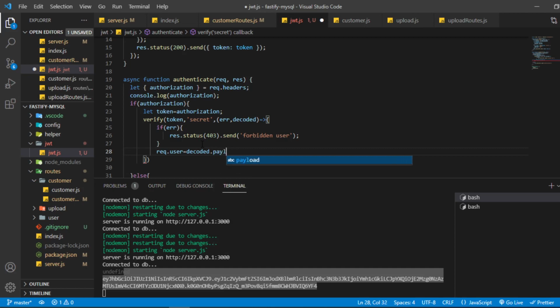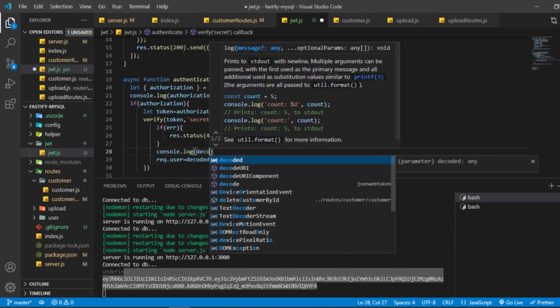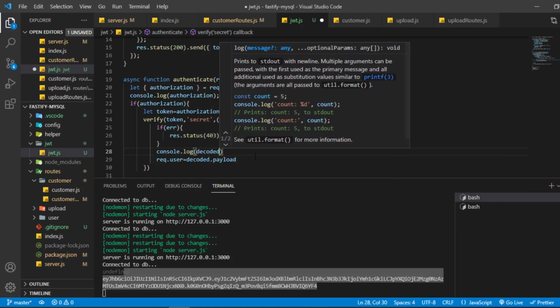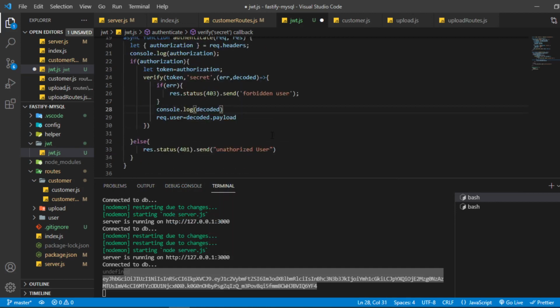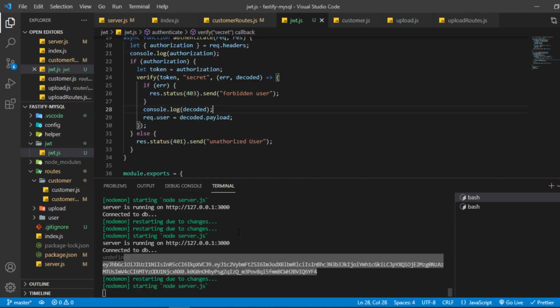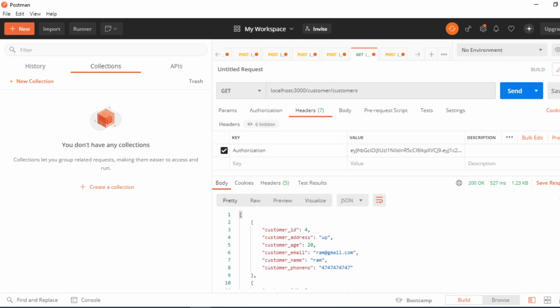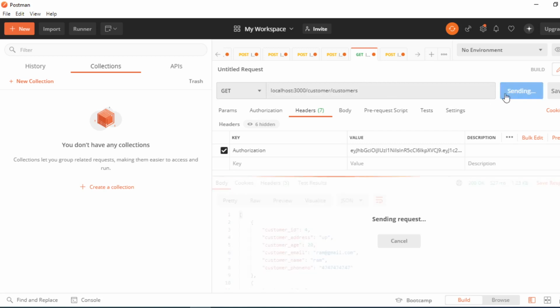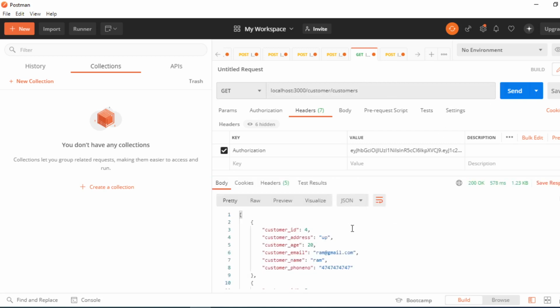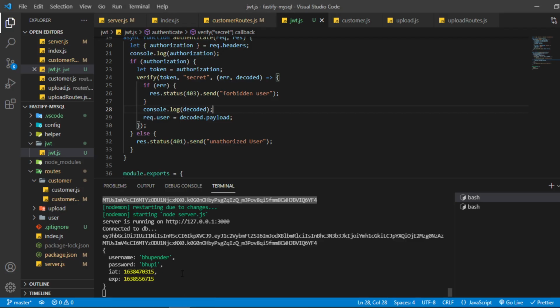So let me also console it to check, console.log decoded. Okay, let's see what we get. Then we will type the other code. So now if I hit the send button, it is still working, no doubt. Okay, let me see. Okay, we are getting this thing.